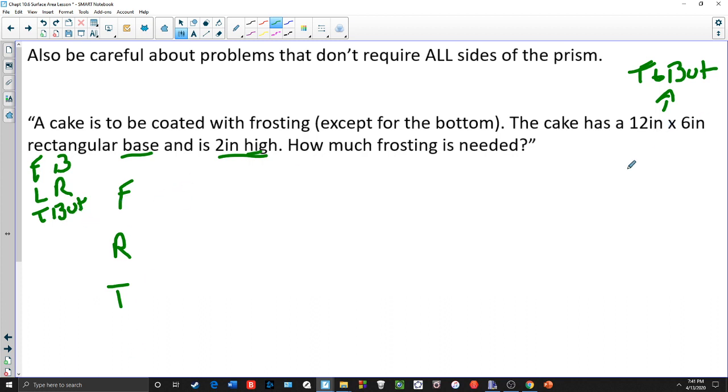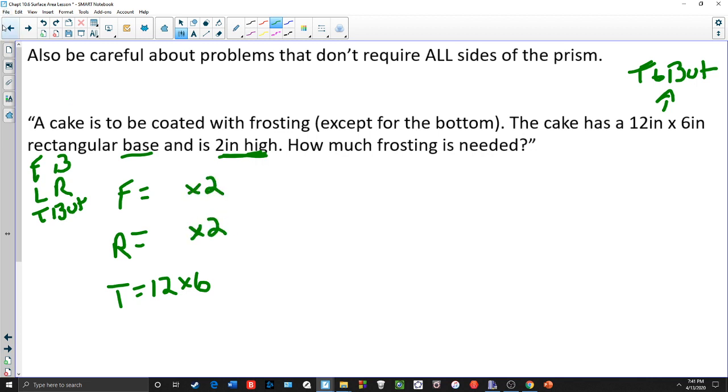So we already said here that 12 by 6, that's going to be the top and bottom, so I'll put that right here, 12 by 6, because anytime something's the base, that usually means it's the top or the bottom of the prism. It doesn't always have to be, but you can assume it is, and your problem will work out just fine. So how do we get the right and the front? Well, they're obviously not going to be 12 by 6, but look at this little note here, 2 inches high, which means both of these are going to be multiplied by 2,